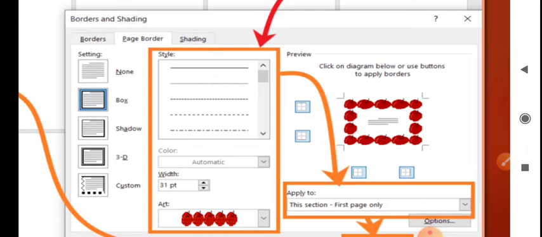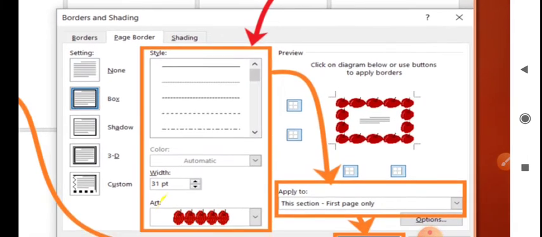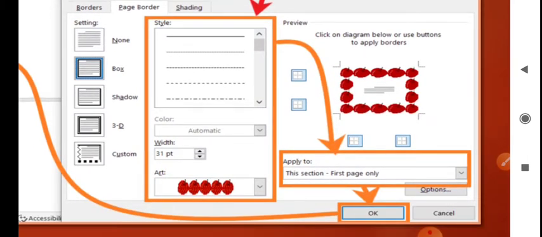Page border, now here you can give page border in the line way also, line style also, or you can see here down, art is given, so you can click on the arrow here besides that art, and you can click there also for your page border.